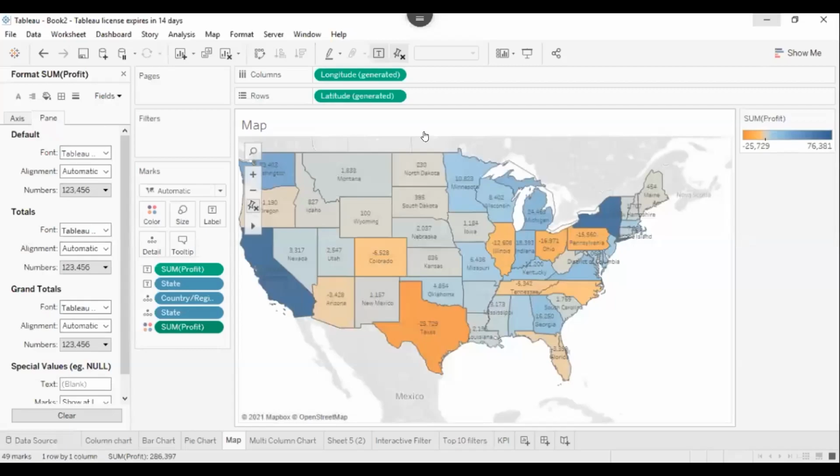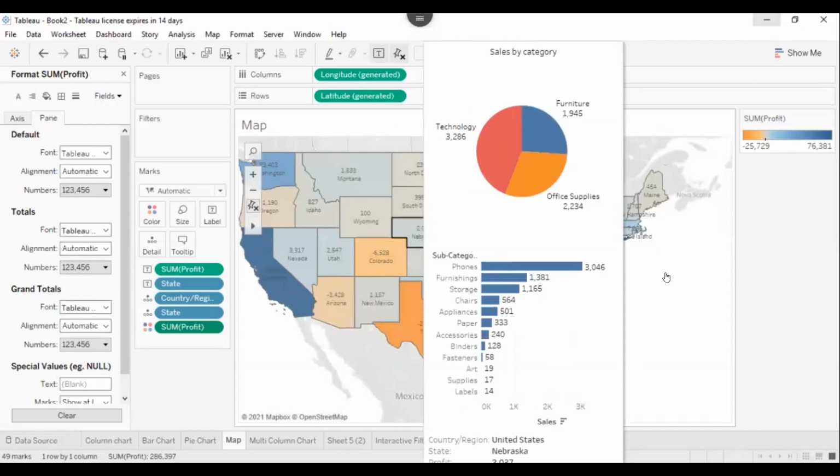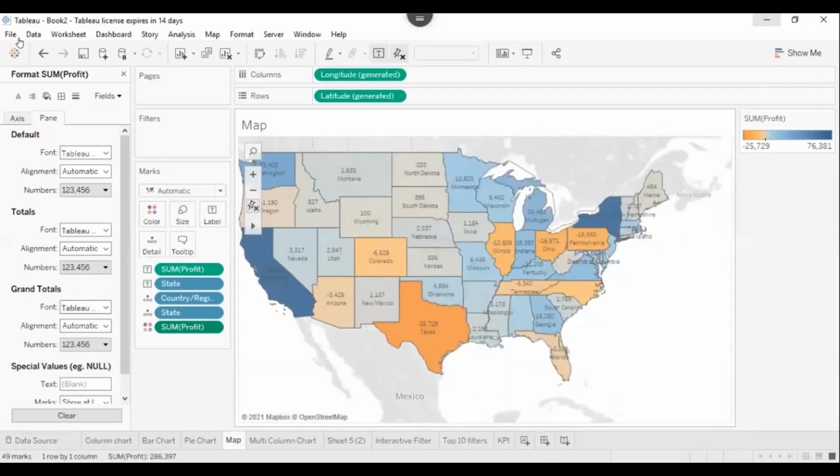Febin was trying to share the screen. Yes, I'm sharing the screen. Right. So everyone, Febin is using a paid version of Tableau. How do I know?